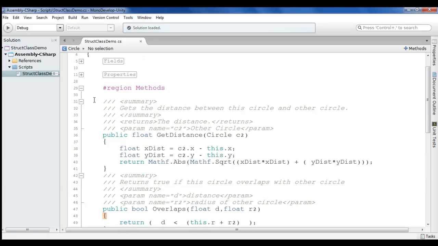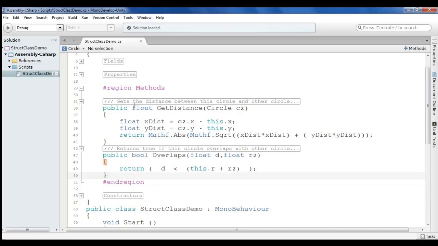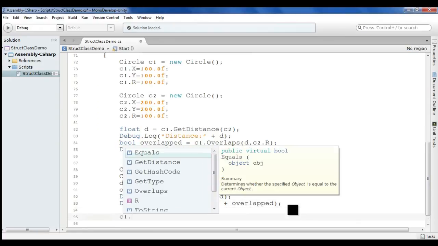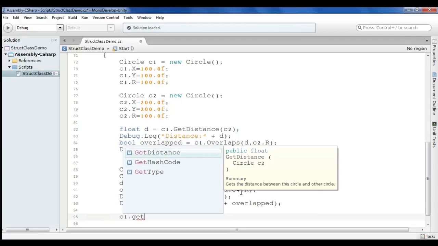Why do we write documentation like this? It is very useful. You can see gets the distance between the circle and the other circle, returns true if this circle overlaps with other circle. Nice. And also whenever I call, let us say c1 dot, I want to write get distance. If I write get distance, you can see here it shows the summary: gets the distance between this circle and the other circle. Good.